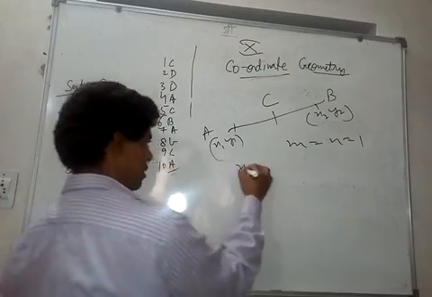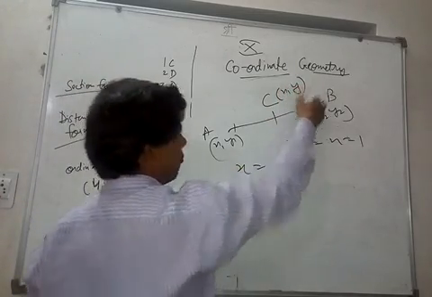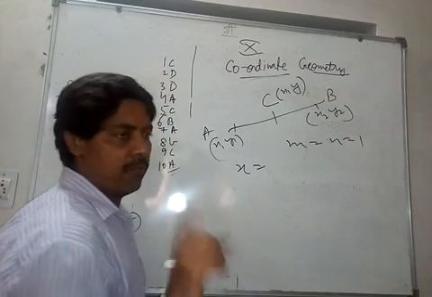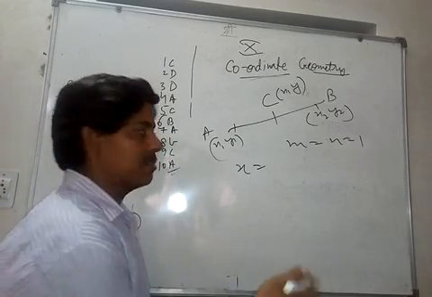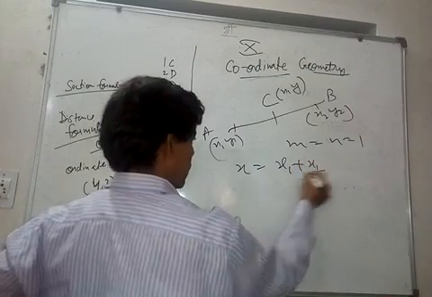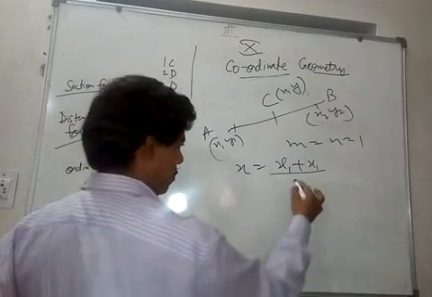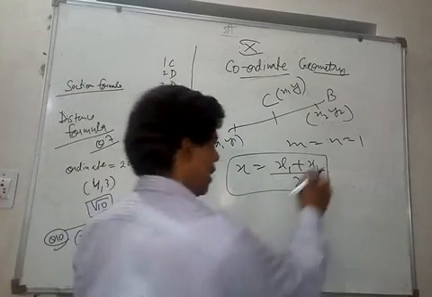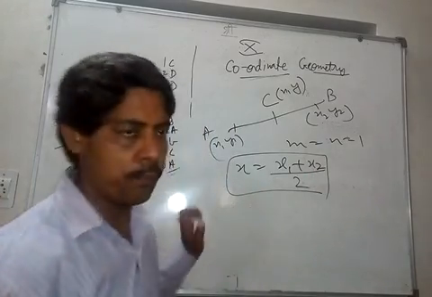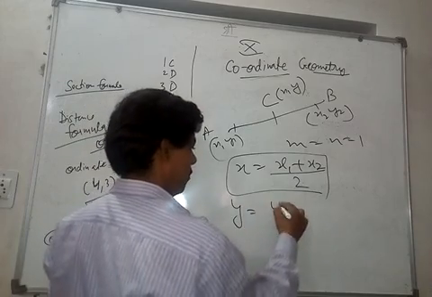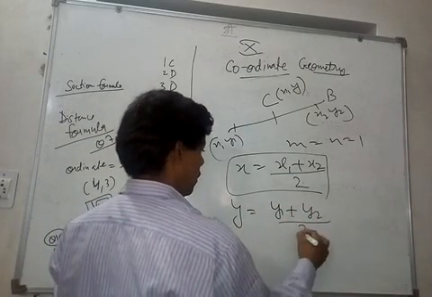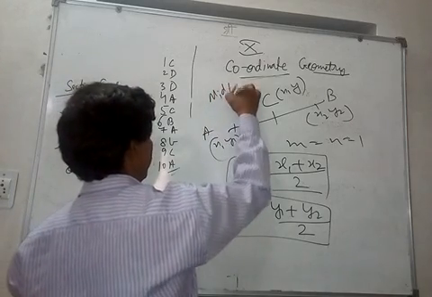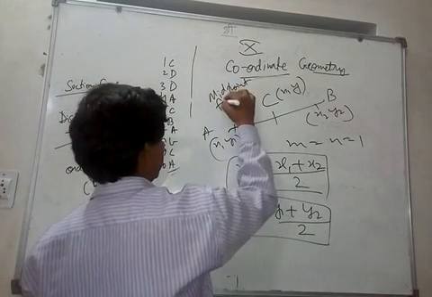So the coordinates of C are x and y. You will get mx2 plus nx1, so you will get 1x2 plus 1x1, that is x2 plus x1, so we can directly write x1 plus x2. And what is 1 plus 1? 2. Such a simple formula for the midpoint. Just write x1 plus x2 upon 2. Similarly for y, just write y1 plus y2 upon 2. This is known as the midpoint formula. It is used a lot.